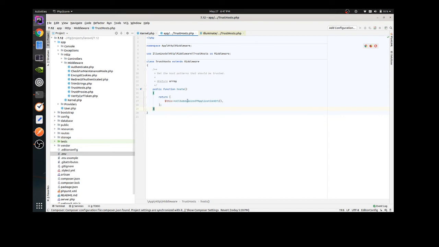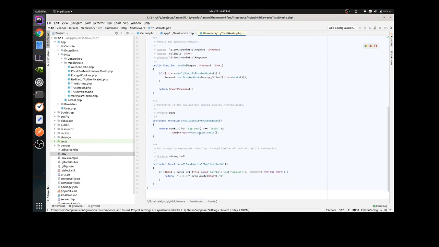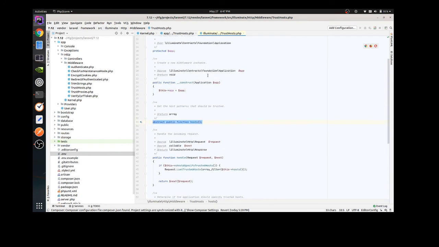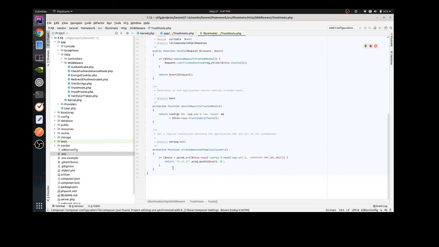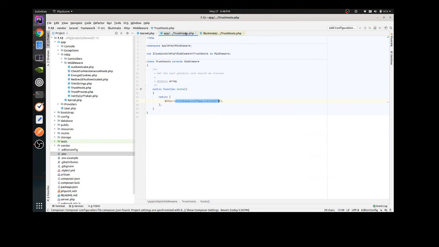But if I look at this all subdomains of the application URL, this is also written here, that means the trust host middleware takes the URL from the app URL, parses it, and sets all subdomain URLs. So it is just setting the expression, that is a pattern, on the basis of that. Any subsequent requests which are coming from the subdomains will be treated as a trusted host.